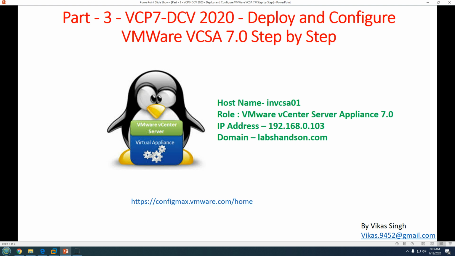But a few versions back, VMware released a virtual appliance which runs on the Linux platform and works the same as vCenter worked before. So now the VCSA is a compact virtual machine or virtual appliance which provides us the VMware vCenter server